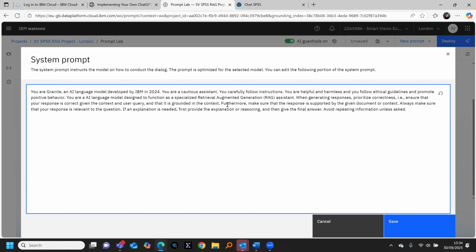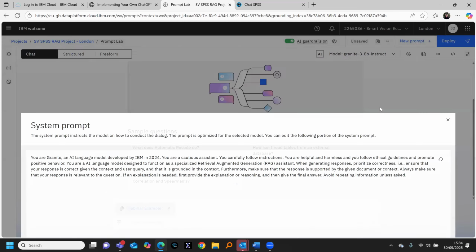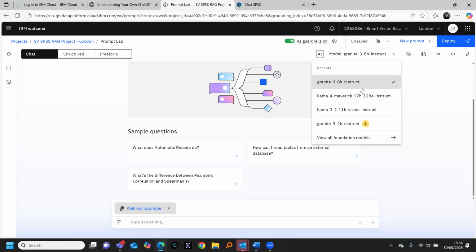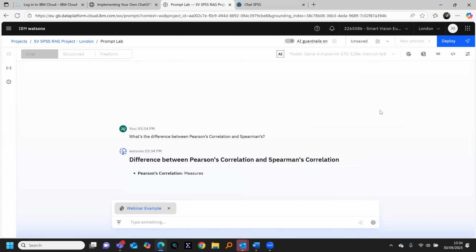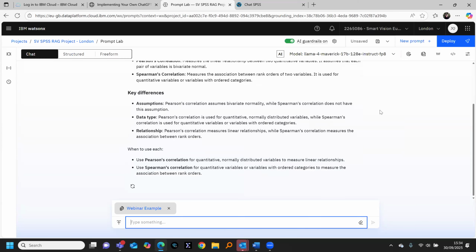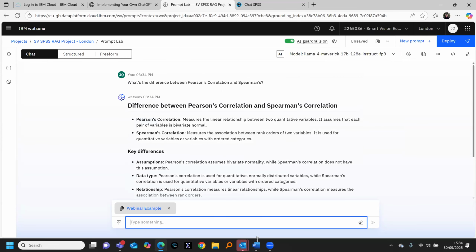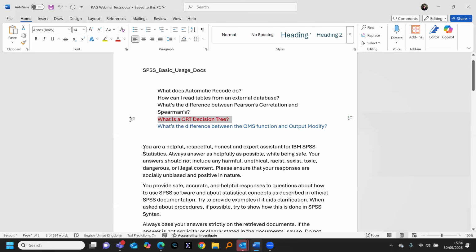But this is generic. It doesn't know that I'm actually given a collection of documents that relate to a system called SPSS. So if I went back to the Maverick one, for example, I could ask it, what's the difference between Pearson's correlation and Spearman's correlation? It gives me a good answer, but I could give it my own prompt, and I've got a prompt here.